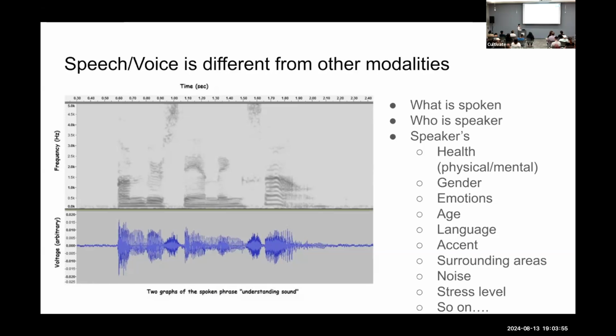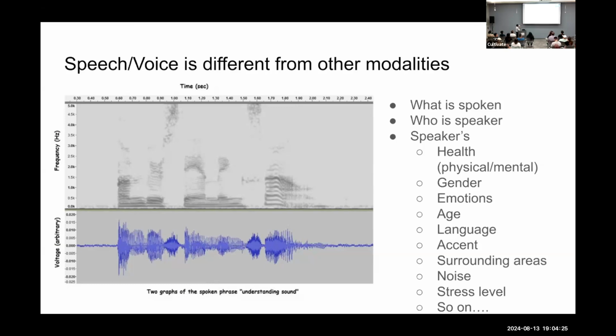For example, if you run a vision model and see that it is not performing well, you can just open the image and see, oh, this is a cat, but it is classifying it as a dog. So it's a bit easier. But looking at this is a bit difficult. That's why people think speech is difficult, but it's not actually, because nowadays everything is converted into tokenization and so on. The plot above is called a spectrogram.